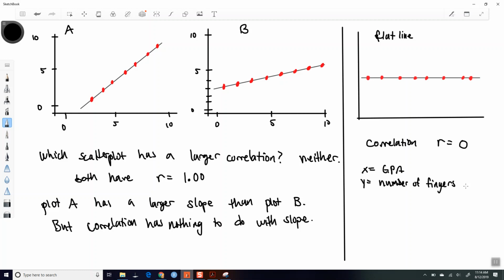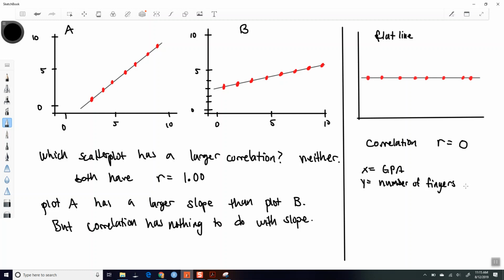Right? And depending on your data set, okay, if you don't have a very large data set, chances are every single person in your data set will have 10 fingers, okay? Now if you increase your data set to be larger than a couple hundred people, then you might encounter somebody who doesn't have 10 fingers. But if you have a fairly small data set, probably everyone in that data set will have 10 fingers, but everyone will not have the same GPA, okay? And so,